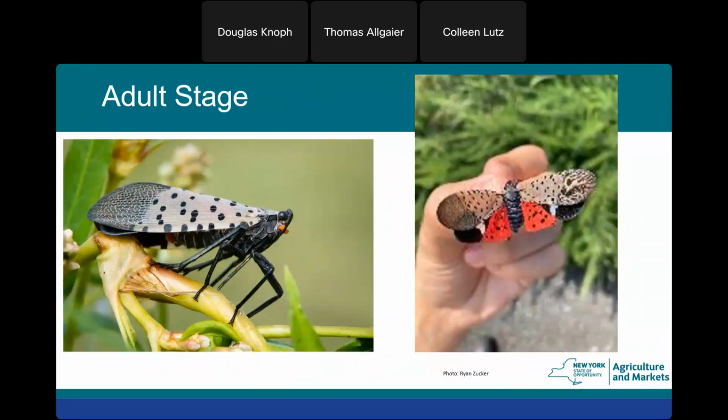There's the butterfly-looking stage. It's not a butterfly. It's not even technically a lanternfly. As I mentioned, they're plant hoppers. But you're not likely to see them very often with their wings spread like that in the environment, although it does happen. You're more likely to see the adults like there on the left, perched on that little grapevine. And it looks like he's leaning back on his back legs, getting ready to jump away. They love to jump. So, next page.